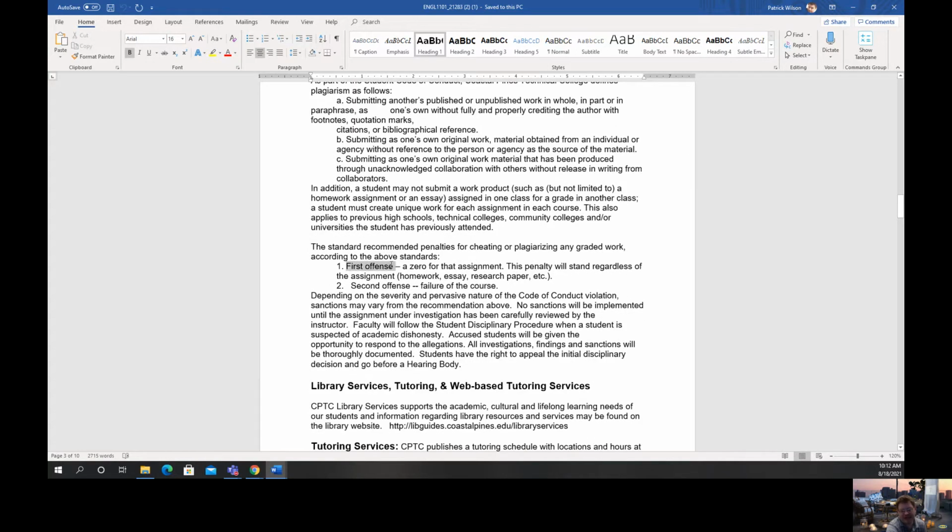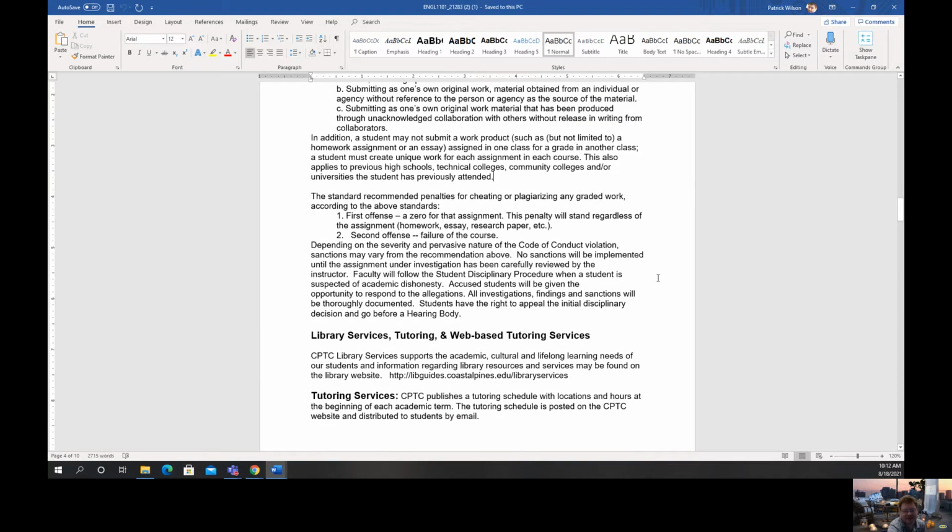Usually most folks learn after the first, because they see that 0 and they see that it's dropped their A to a C, or their B to a D, or their C to an F, because it will drop your grade quickly, right? And we have ways of knowing that you're cheating. We have plagiarism programs, Turn it in, SafeAssign. Every time that you upload a quiz or a paper for me, it runs through that, and about 99% of the time, it will catch those that are cheating